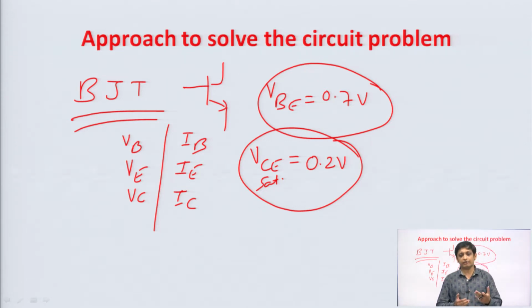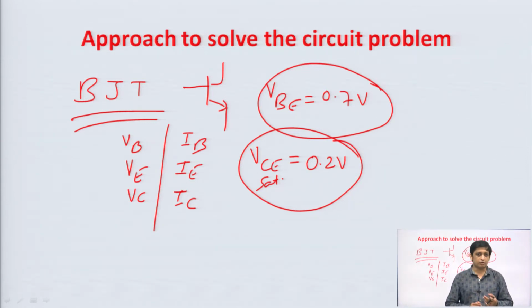In many cases we will be able to find out just by observing the circuit, just by using some common sense. But if we are getting confused and if sufficient parameters are not given, then it is better to assume that BJT is in active region and do all the calculations,